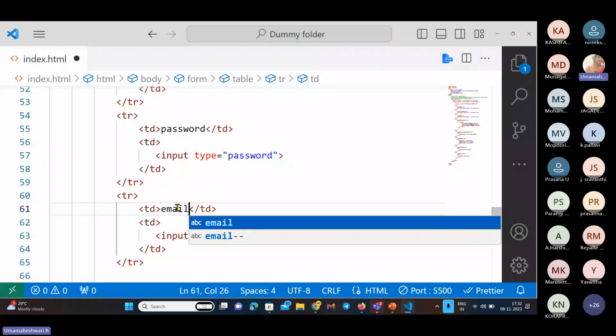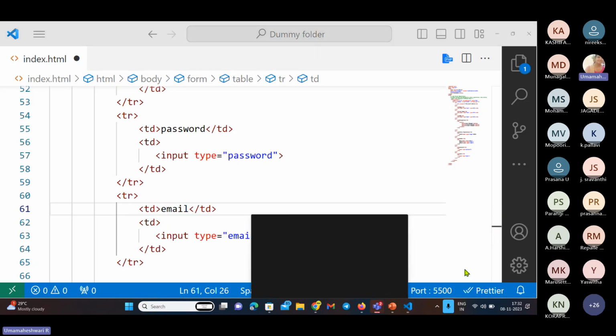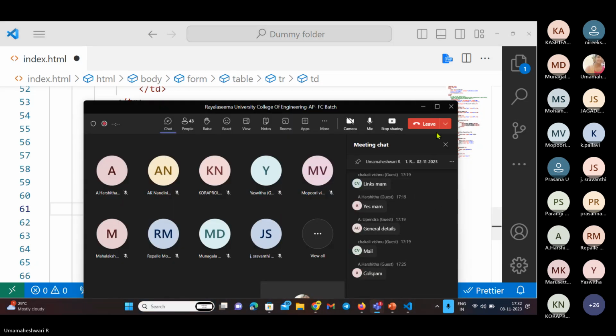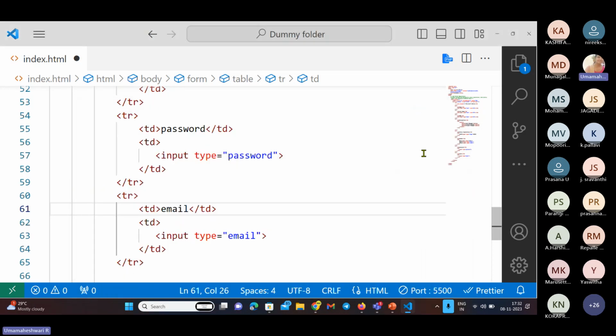Any idea? As of now, we have discussed so many things, right? Give me some example, and you can also give a placeholder here. Let me tell you later. Okay, so here in the input type,